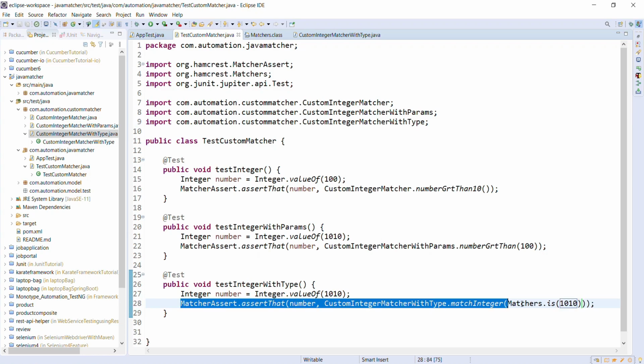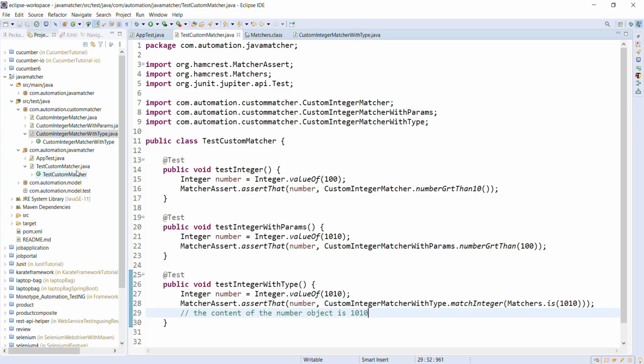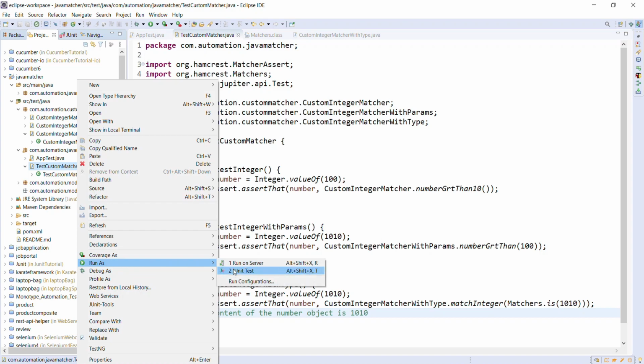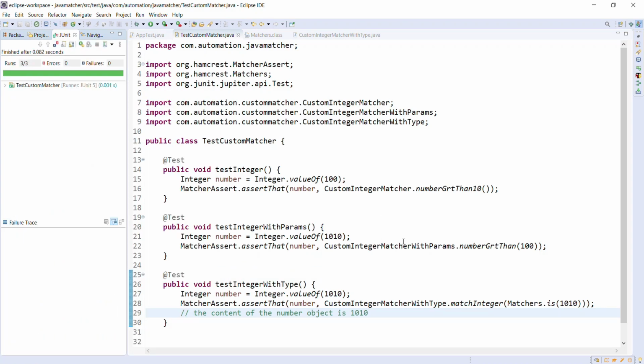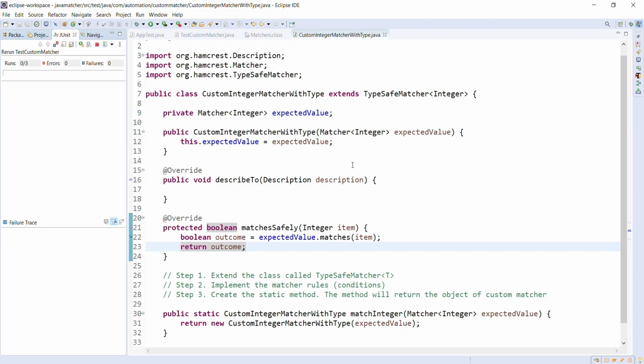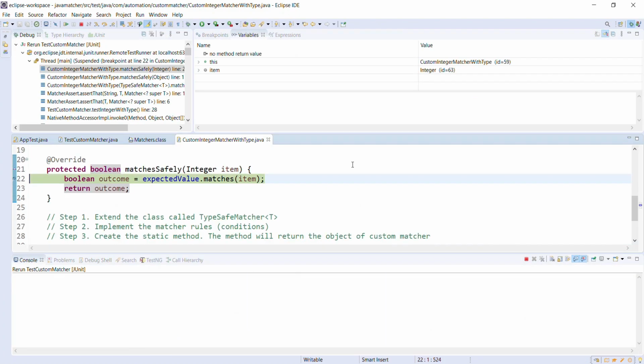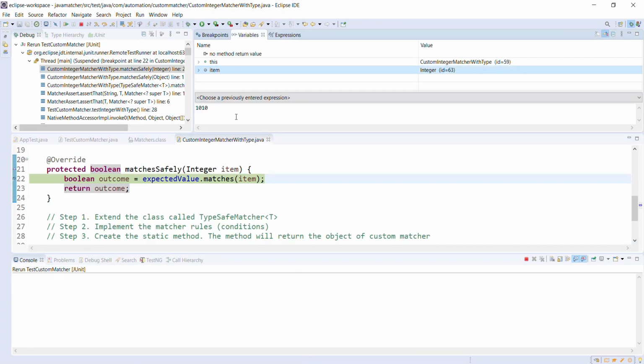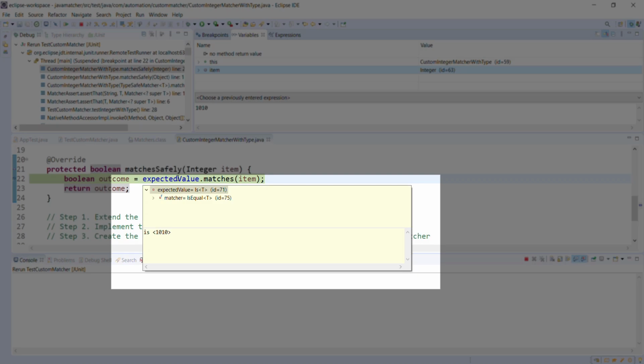So this statement can be interpreted as, and let me run this test class. Let me also put a debug point inside this method and then run the test in debug mode. So this is the actual object which is being injected by the Hamcrest framework, and this is our inbuilt matcher which we passed.